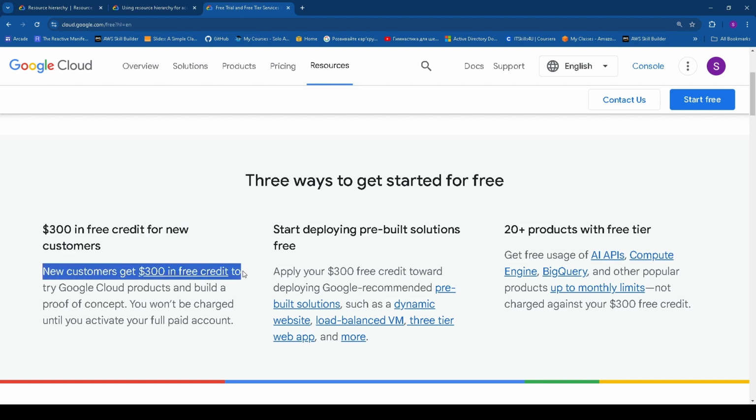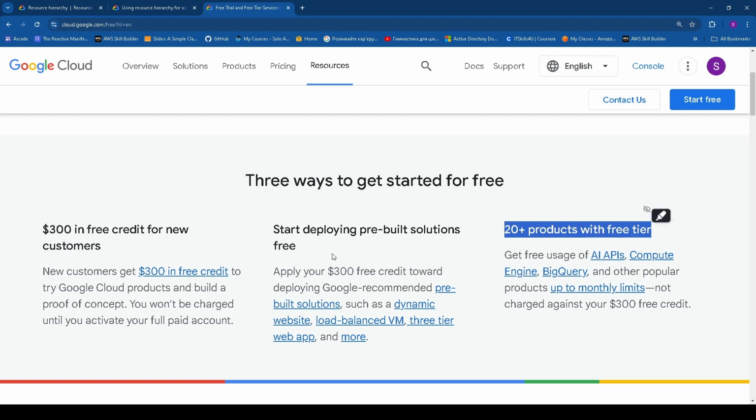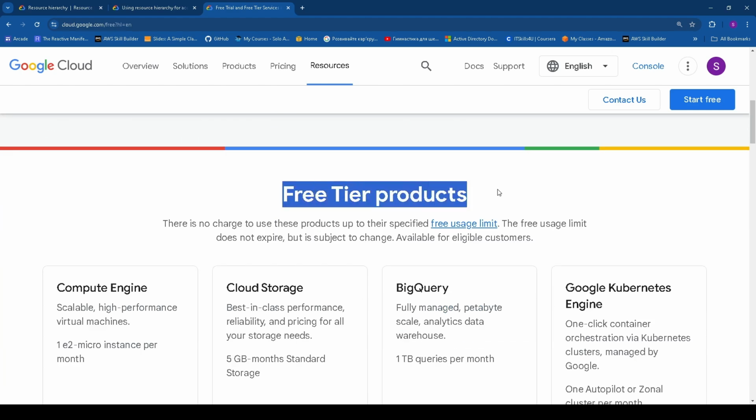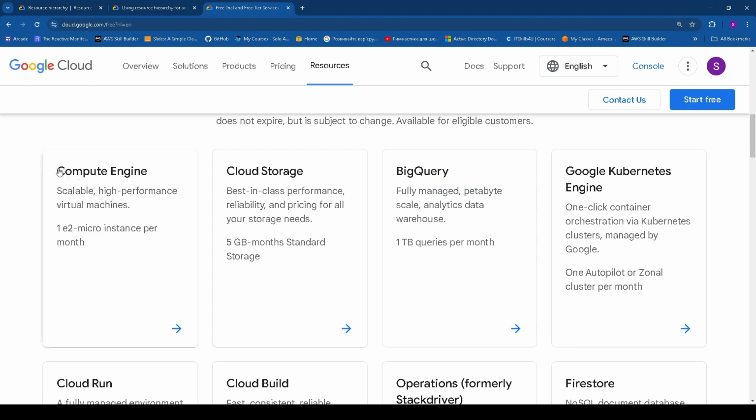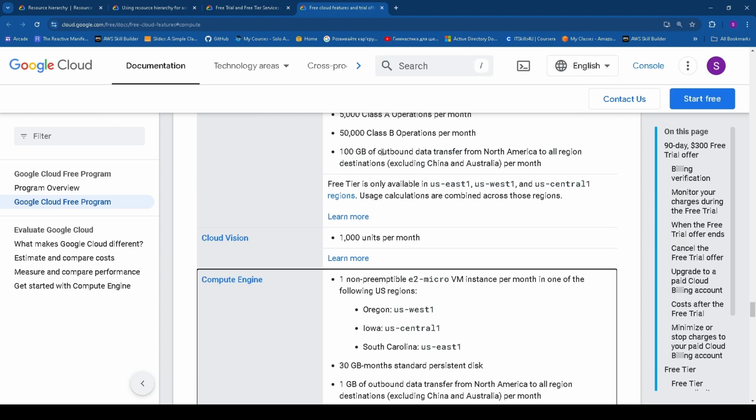New customers get $300 credits to try Google Cloud products. So 20 products with free tier. Let's review. First, this is compute region, 1 E2 micro instance per month. Let's review what they tell, and we can see